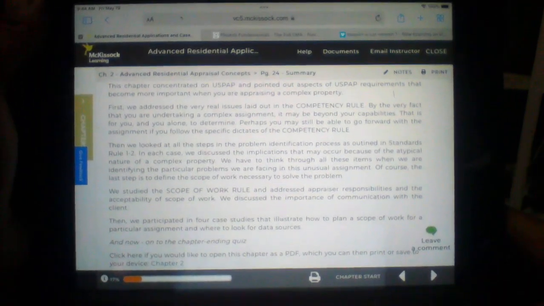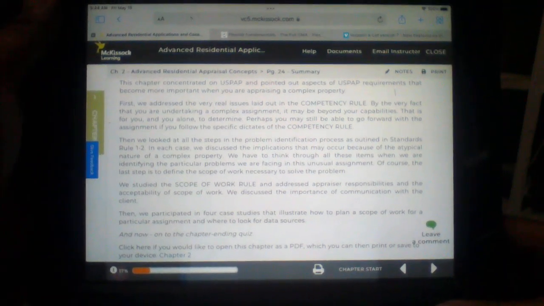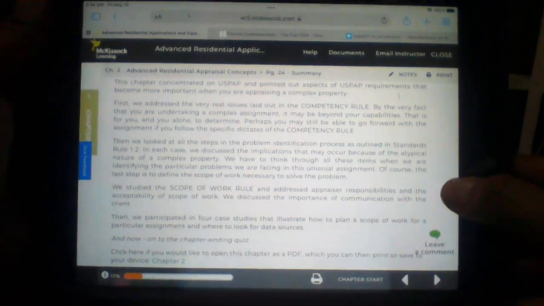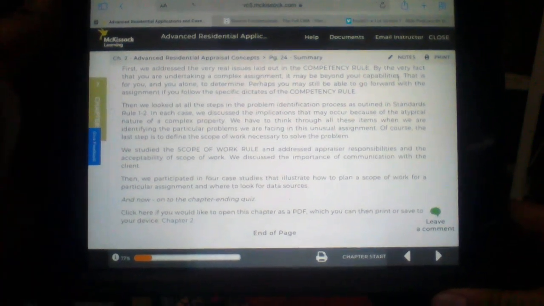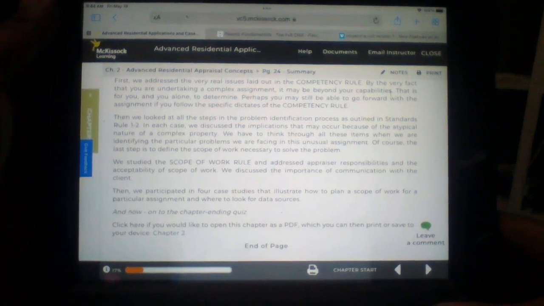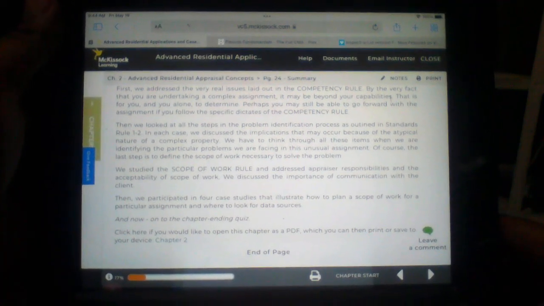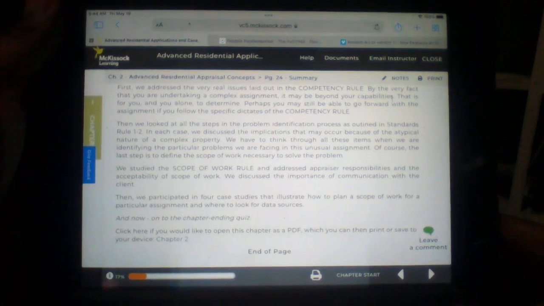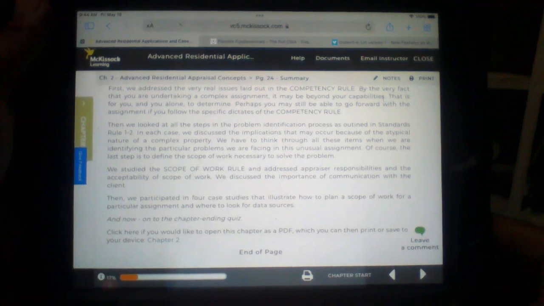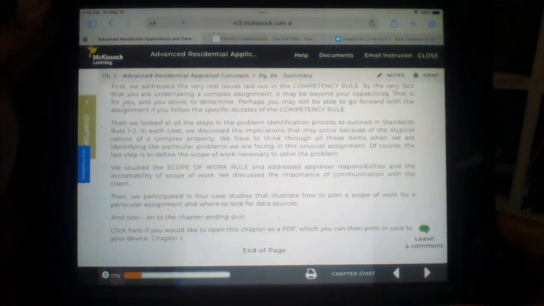This chapter concentrated on USPAP and pointed out aspects of USPAP requirements that become more important when you are appraising a complex property. First, we addressed the very real issues laid out in the competency rule. By the very fact that you are undertaking a complex assignment, it may be beyond your capabilities. That is for you and you alone to determine. Perhaps you may still be able to go forward with the assignment if you follow the specific dictates of the